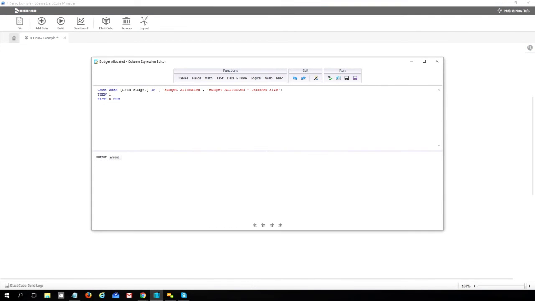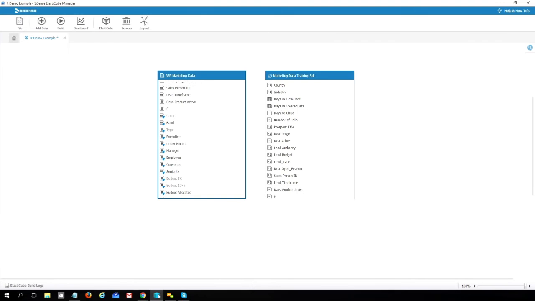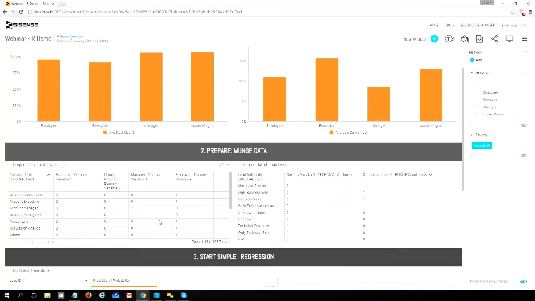So in this case, we're categorizing the budget allocation based on different criteria as a 1 or 0. Now, the important thing to note is once that's done, it's actually going to be automatically updated. Obviously, you're not going to only run an analysis once. You've got a stream of data coming in, and you want these transformations to happen quickly and easily. So it's possible to automate that process. As soon as new data comes in, it's already ready for your analysis in R, and that takes away a whole lot of preparation work you need to be doing to get things up to date.